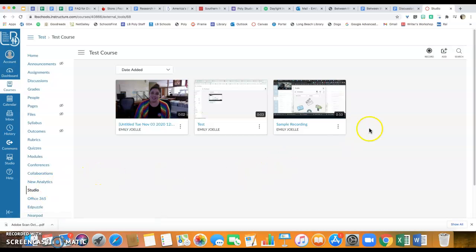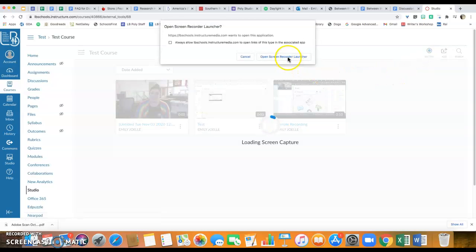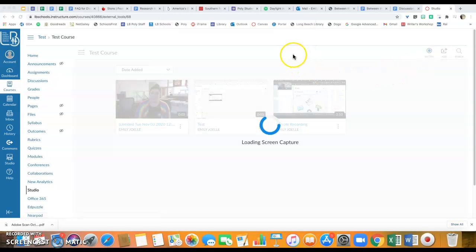And what you're going to notice is these are recordings that I have already done. So you can see that they are saved here, and that's how you're going to use them and access them when creating assignments. So I'll show you that in a minute. In order to record, I'm going to hit the record button up here. I do suggest doing only screen capture because the webcam capture is kind of redundant, and I'll show you why in a second. So you're going to click screen capture, click to open the screen record launcher,